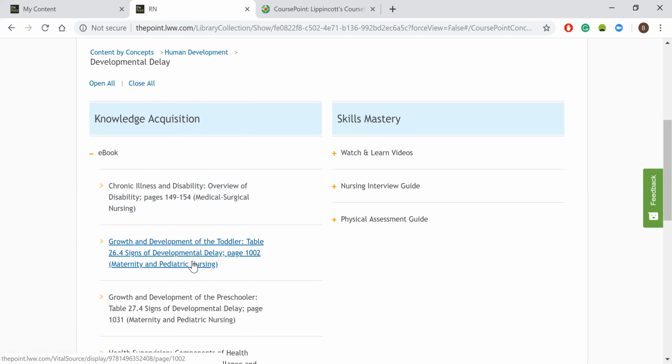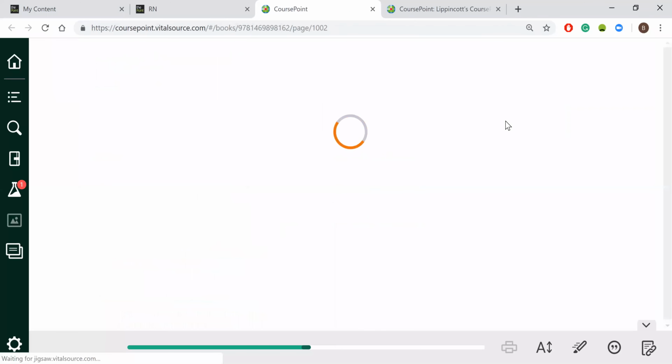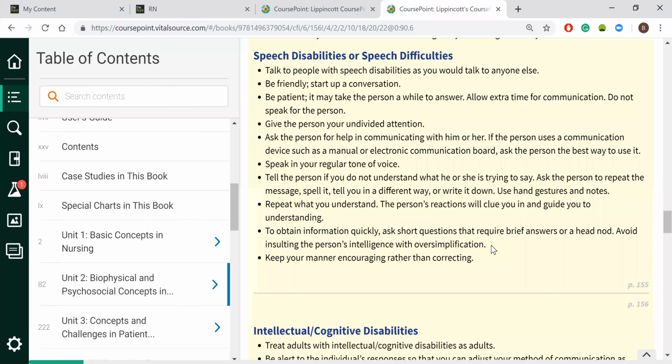All right, so now if I'm looking at my pediatrics, then here's my growth and development table in my RISI book. So I will click there. Now I technically wouldn't have to click there. I gotta wait for this to roll up. I could have easily just used my previous CoursePoint pages. I could have just gone here and then gone to my library and then gathered my RISI book.